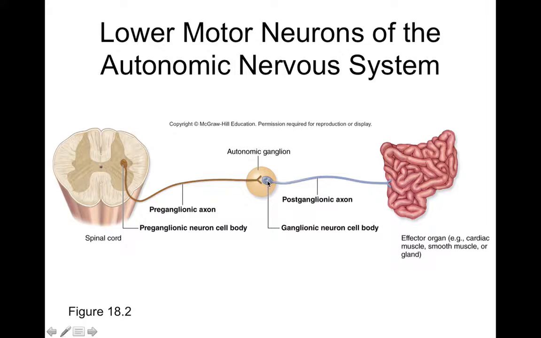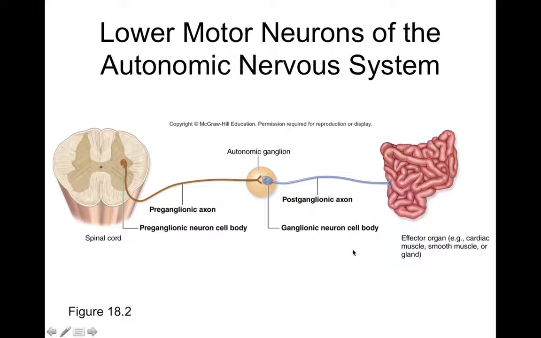Then we call this the postganglionic neuron. And that has an axon that goes out away from the ganglia and then synapses on cells of an organ. This is showing an example of the smooth muscle of your gut. This is small intestine, by the way. So what do you think your autonomic nervous system could do to your small intestine? Why would you want your nervous system to even communicate with your small intestine?